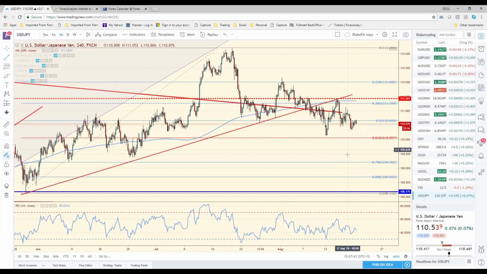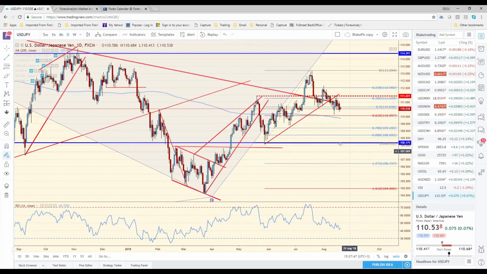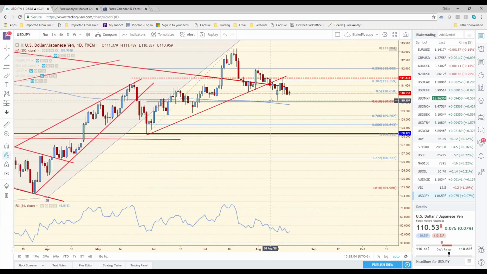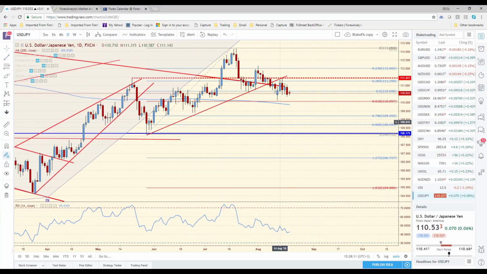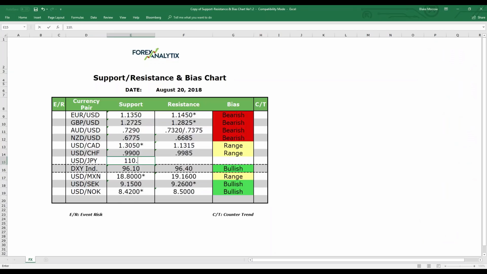Now, one thing I do want to point out is you'll notice that on the daily chart, these spike lows are being supported as we come close to the 200-day moving average. The 200-day moving average today comes in at 109.90. It is slightly losing value every single day, but I think that any move down at 110.10, which is the spike low from last week, right here, is going to be supported. So we'll write down support loosely at 110.10, and then